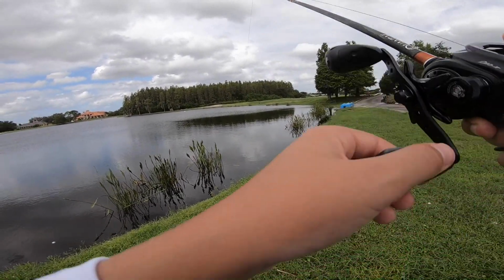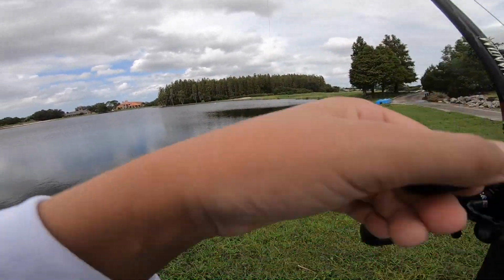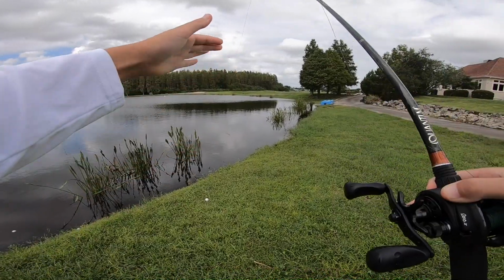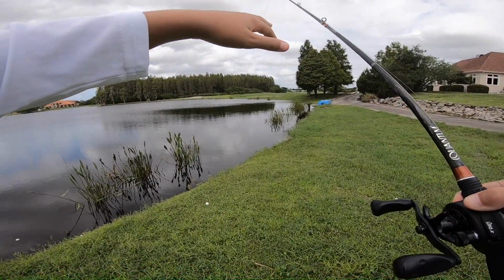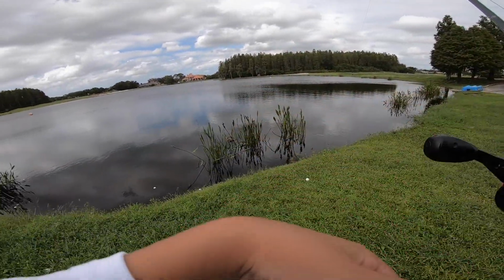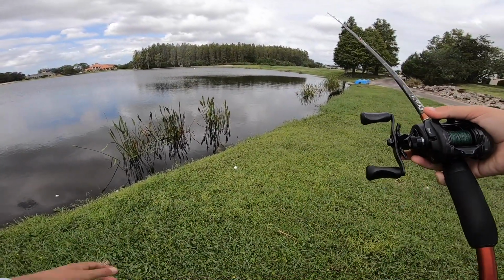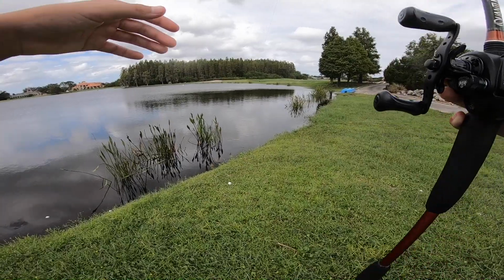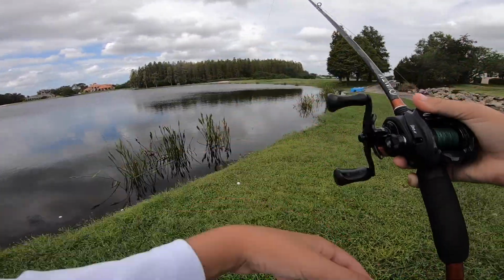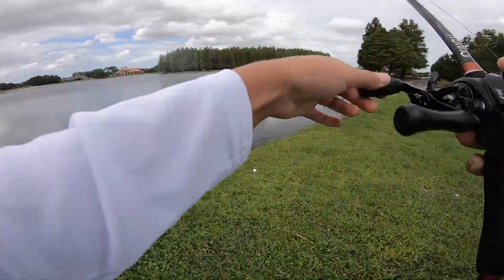Okay, so it's on the bottom. A few little twitches, and I like to drag it too. Just raise that rod tip up, and that elevates the bait, and it falls down, right? That's what those appendages are good for: as it's going down, those appendages start to move. Now if you just bump it across the bottom, those appendages are still gonna be moving,